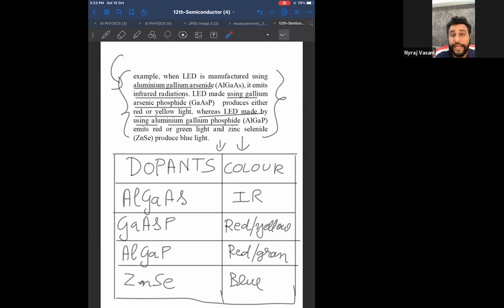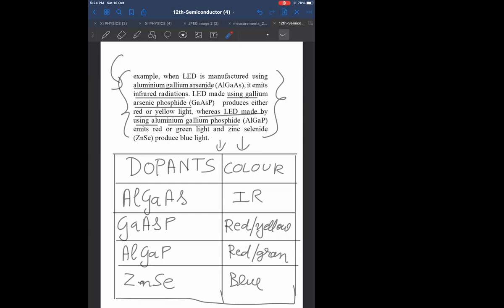Even at home, you have 3-color LEDs. For example, when you switch off and switch on, the light changes from white to off-white. Again, when you switch off and switch on, off-white changes to yellow. Have you seen those light-changing LEDs? Yes, sir. When you switch off and switch on, the color of the LED changes.